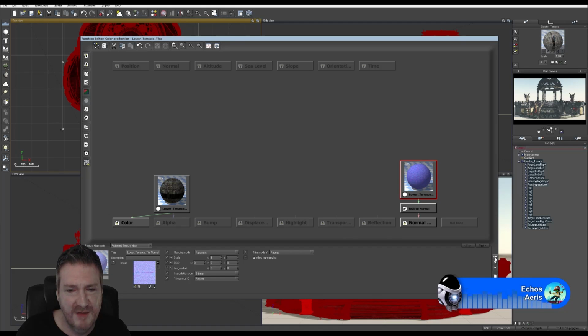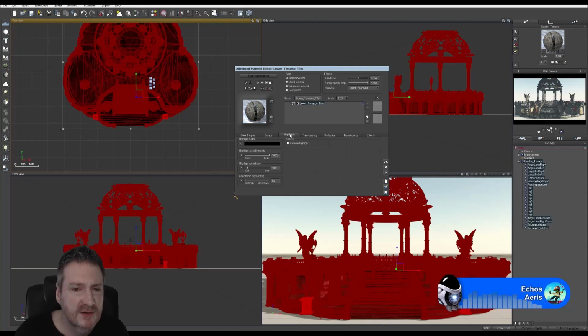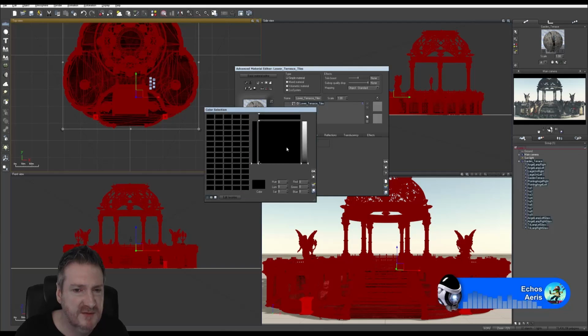We changed our gamma there, so let's move on to the next one. Now these are tiles. I was going to say with the highlights on these tiles, you will have highlights on tiles. Let's do that actually, but instead of bringing it right up to a white, which is what we did for the metal pieces,